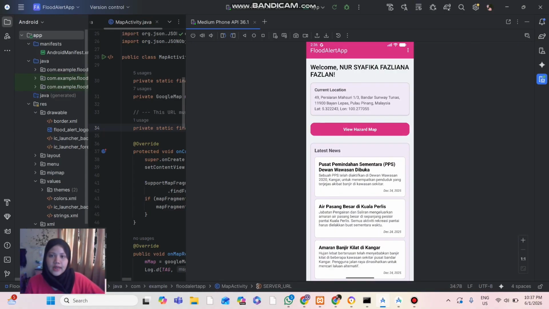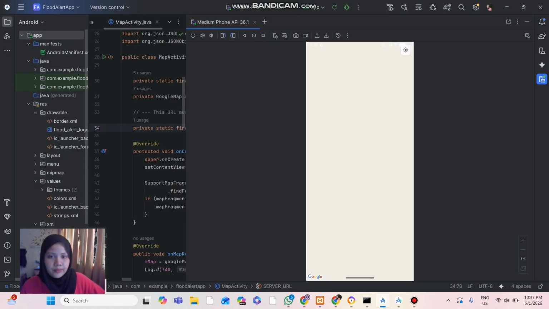In our mobile application, for this flood alert application, we also provided the latest news feature where users can gain information or insights about any latest floods happening all around Malaysia. And then we will proceed with the view hazard map. So when the user clicks on the view hazard map button below here,